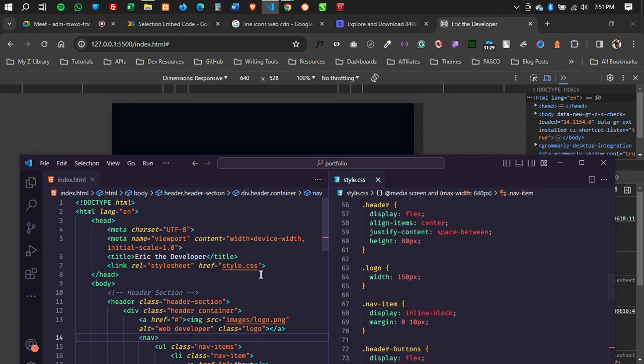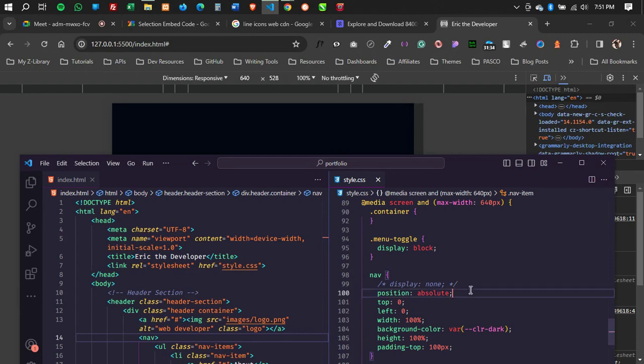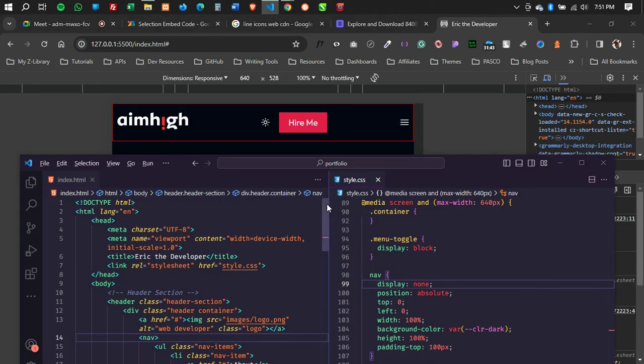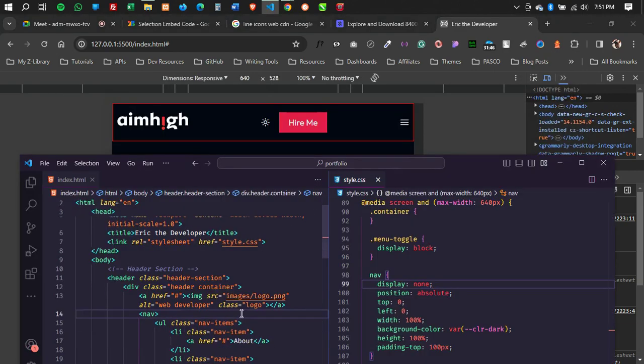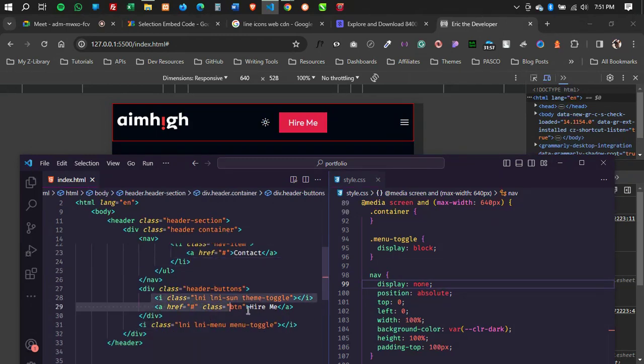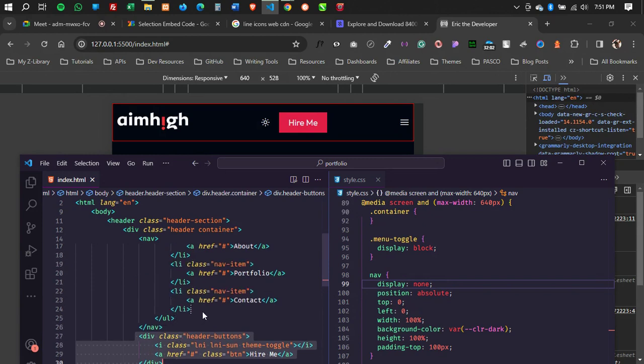But of course I've got to find a way to bring my button into the menu, because I wouldn't want the button to show when you're on a small screen. It's supposed to be the logo and then the hamburger. So let me find a way to go about it. I could put it here. Great. So I'm gonna put this container inside my UL,